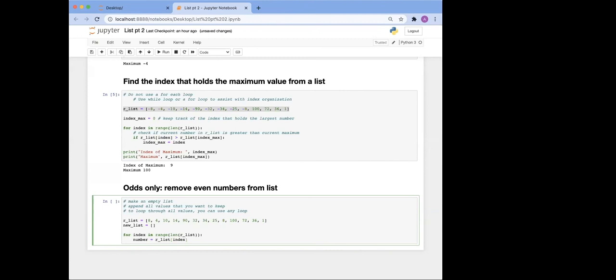How do I know if number is even or if number is odd? What do I need to use? Yes, the modulus. Modulus finds the remainder. So if number modulus 2 equals 0, that means it's even. And then we could say if it's not equal to 0, then this would be odd. So if the number is odd,